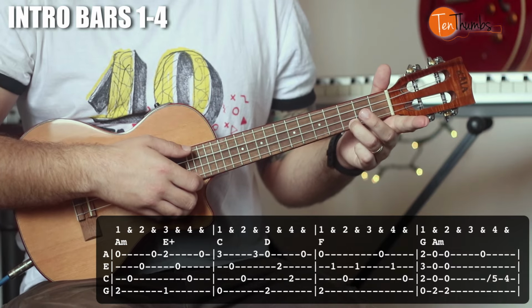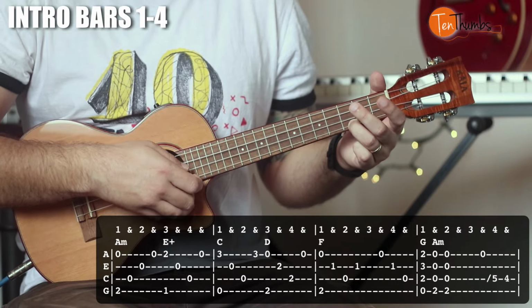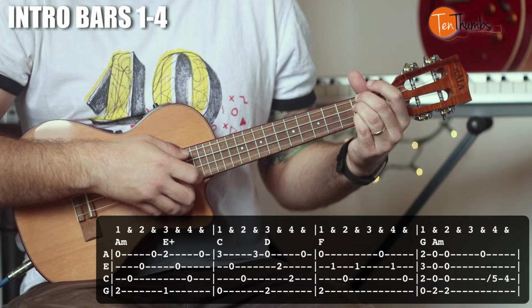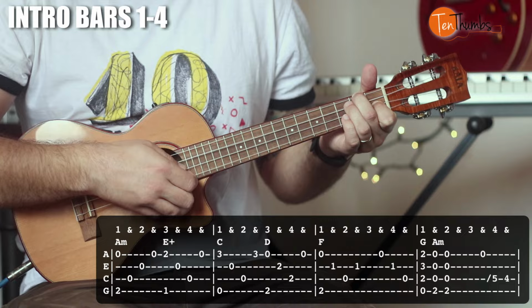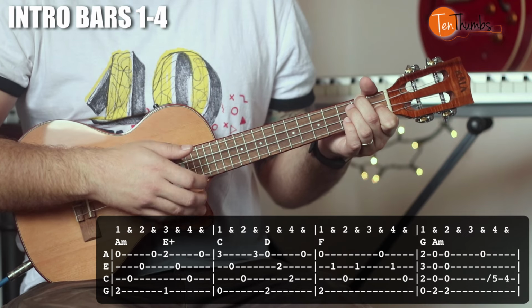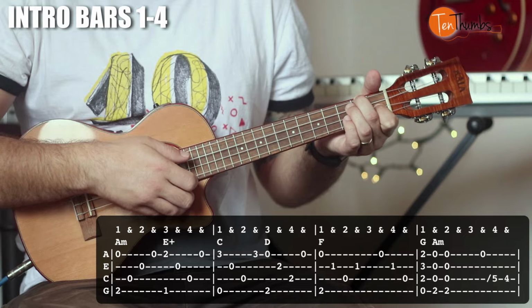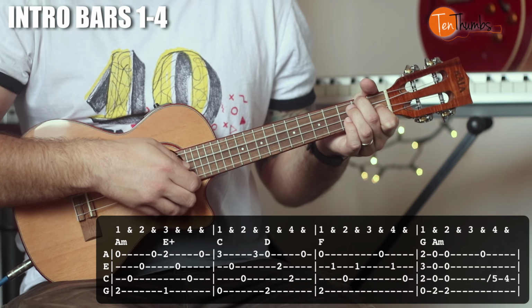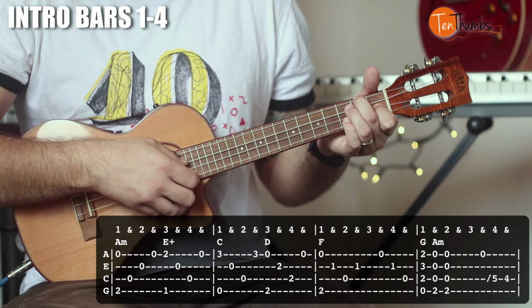C chord, and we're going to do the same pattern as our E plus, D chord, same pattern, F chord, same pattern, but we're going to hold an F and on the third beat play nothing, 1 and 2 and 3, and then the A, E, and C string. So for the F chord we get,